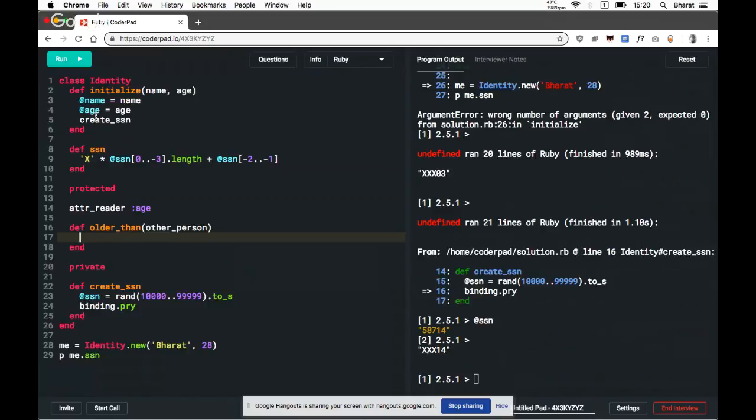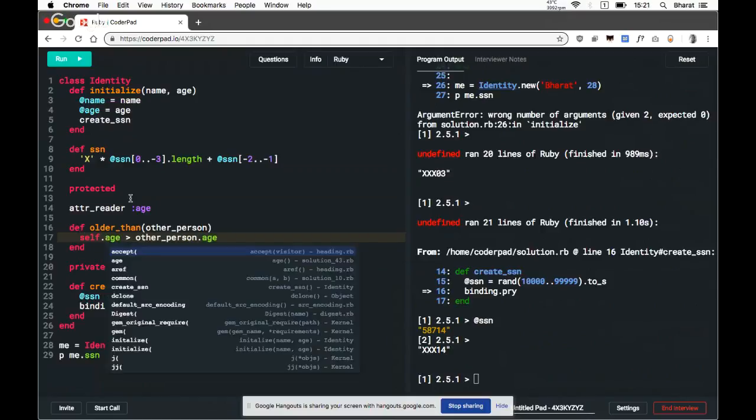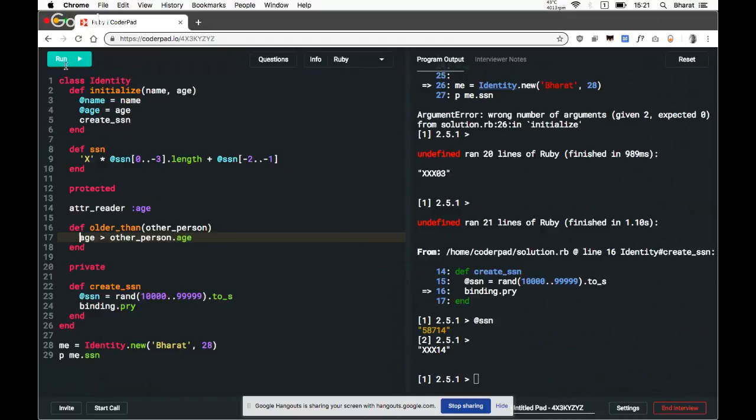And then I can say age greater than other person's age. I think I can do this. Or I can use self.age just to be super clear, but let's just try with age first.